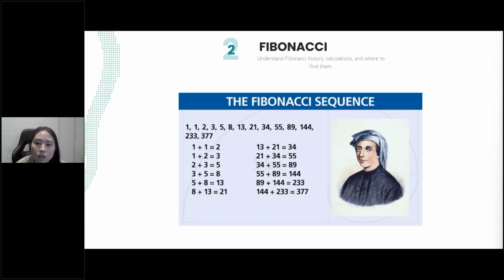The first thing we notice about this series is that each number is the sum of the previous two numbers. So 8 plus 13 equals 21, and then 13 plus 21 equals 34. The next thing we notice is that if we divide any two numbers next to each other, we find that they are connected through the same ratio. I know you must be wondering, why are we learning about mathematics? But it's just a brief history. Ultimately, it doesn't really affect your trading. It's just good to know.